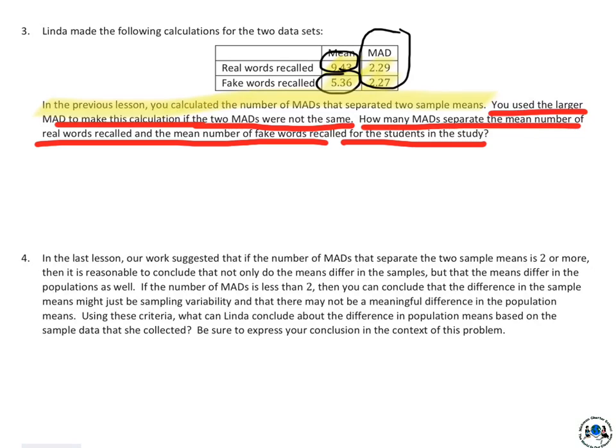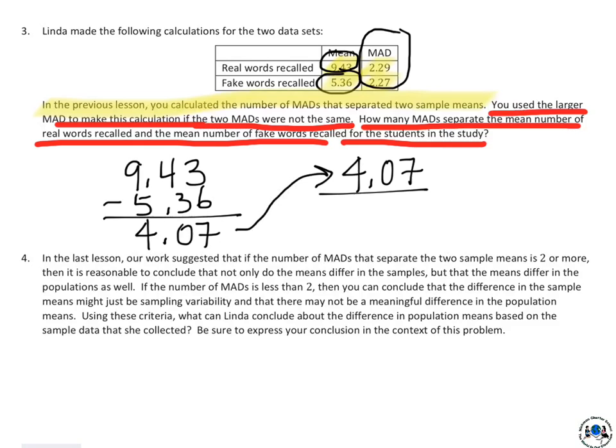Okay, so let's see if you remembered what to do. First step would have been to find the difference, of course, between the 2 means, and that was 9.43 minus 5.36, and that equals 4.07, and that is going to become our numerator. Okay, and then we're going to take the larger of the mean absolute deviations, and put that as our denominator